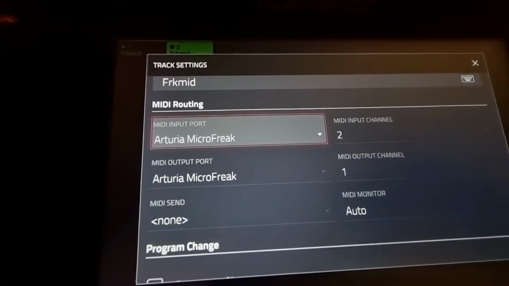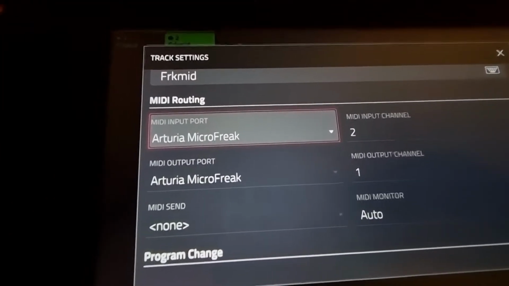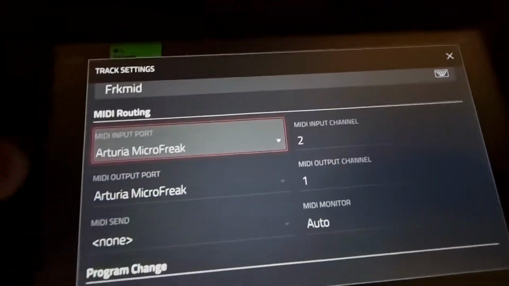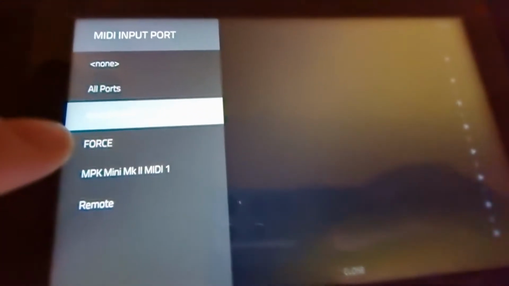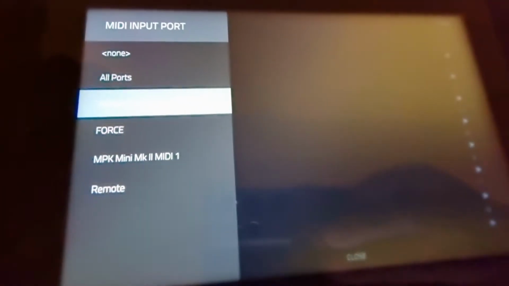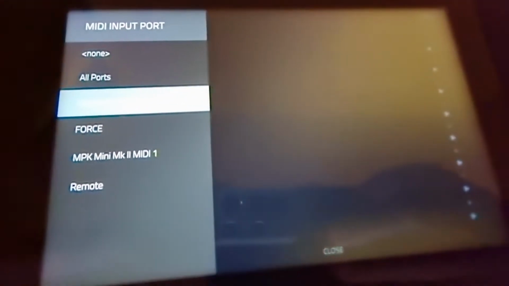So, MIDI input port, microfreak. You double click here. You've got some options: Force, MPK Mini Mark II, MIDI 1. You've seen that plugged in. Force, remote, blah blah blah. It's self-explanatory. You want the Arturia to be